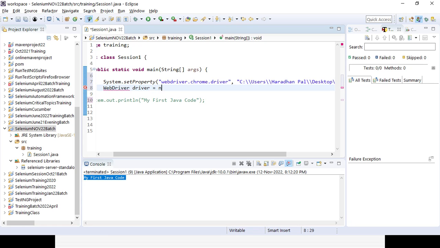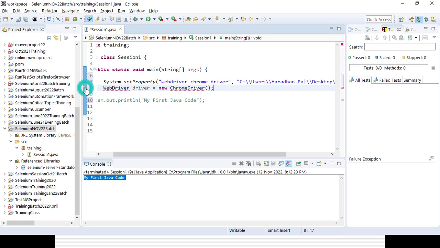So I will be calling the WebDriver interface, which is available in Selenium WebDriver. That is the exact word you need to use, and I am creating an object or instance called driver equal to new ChromeDriver, because ChromeDriver is a class. That is the code you need to write every time you are working on Selenium. Here you could see an error message coming, on the left side. Why? The error says ChromeDriver cannot be resolved to a type, because the script does not know what ChromeDriver is all about.